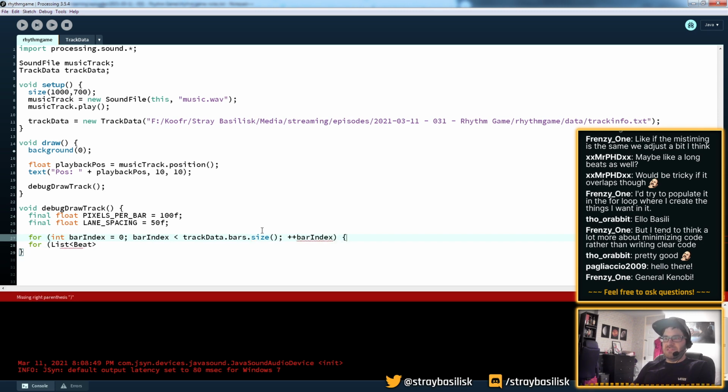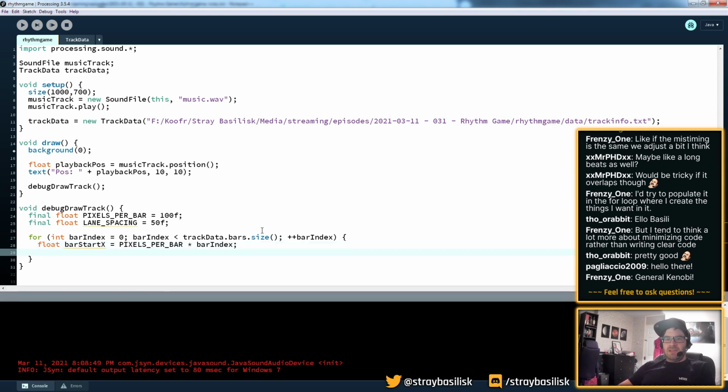Let's loop over every bar. So then the start expression of this bar is just going to be bar multiplied by bar index, and then I'm just going to